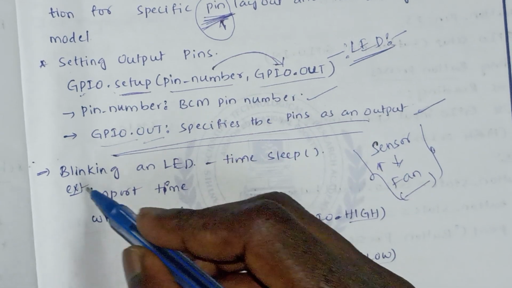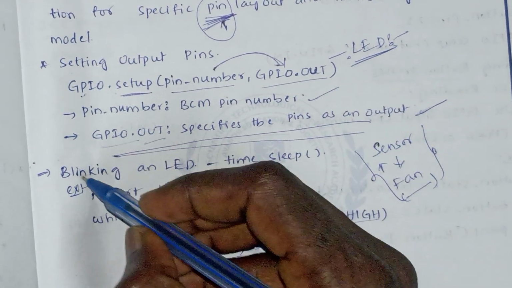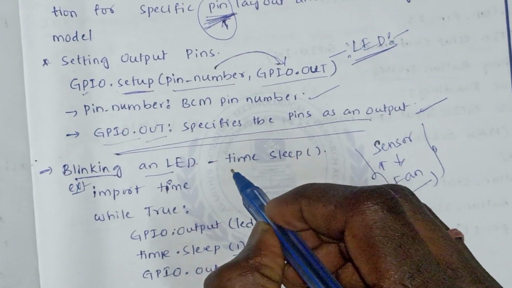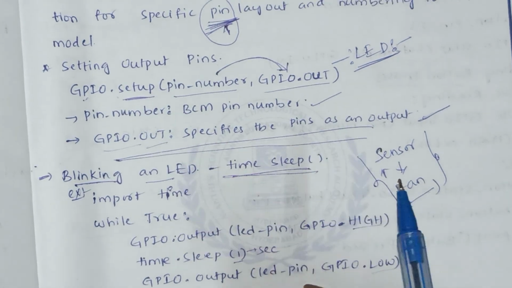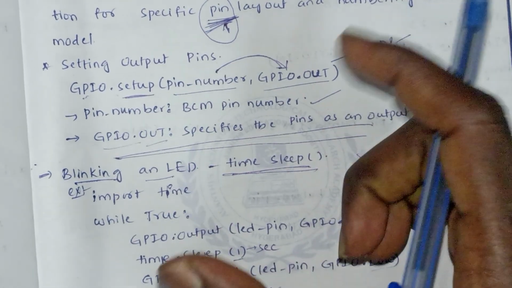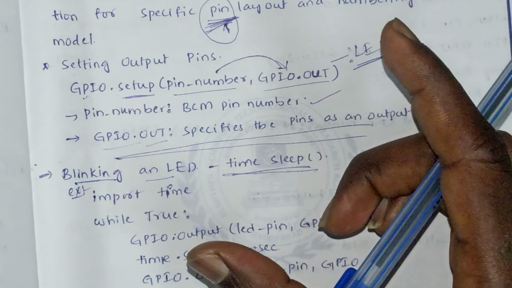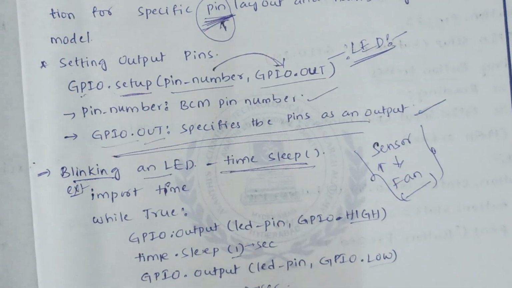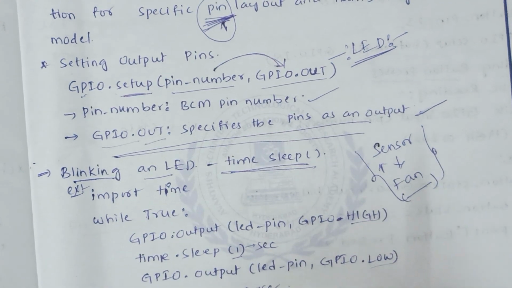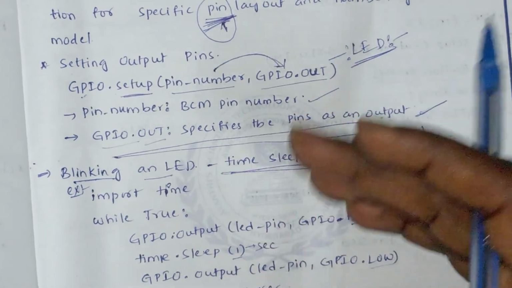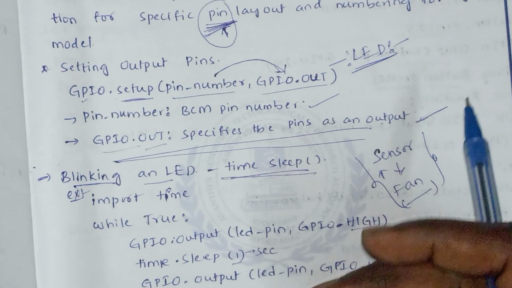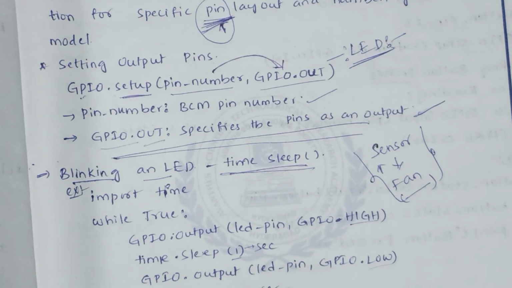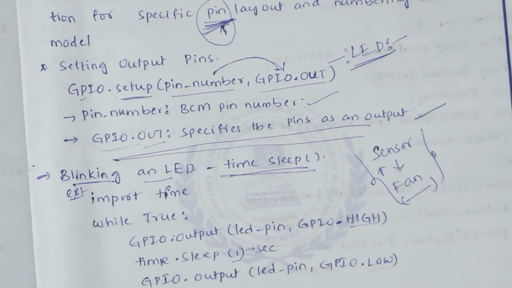So we are using LED blinking and time sleep. Blinking means on and off, right? So that is nothing but the blinking. The LED blinking means one time on and one time off, right? So how is the process going to start the blinking of an LED? First of all,